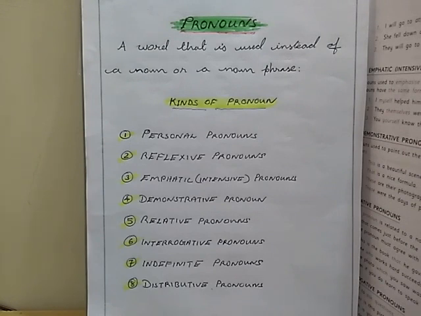Most modern grammarians classify words into 9 different parts of speech. They are a noun, pronoun, determiner, adjective, verb, adverb, preposition, conjunction, and interjection. This is what we are going to see in this academic year mainly. And the first one we have seen, what is noun, and the second one we will deal with in this chapter, pronouns.